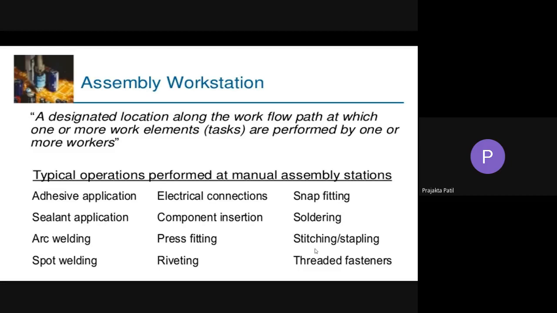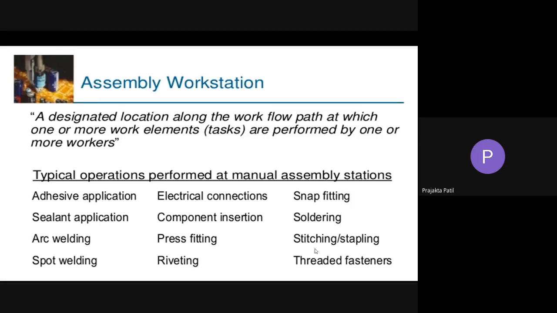And then I discussed a very quick history about the manual assembly line in the last class. And then we started with the assembly workstations. We also discussed the different work part transport systems, in that we have manual and mechanized. As we had a lot of discussion about these things in unit 2, it was a very quick review of the work part transport system. In mechanized work part transport, we have continuous, synchronous, and asynchronous. So all these things were already discussed, we just quickly looked into it.